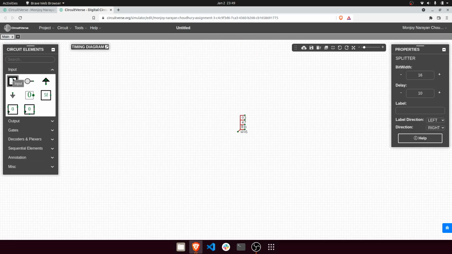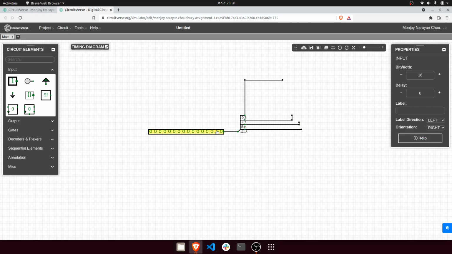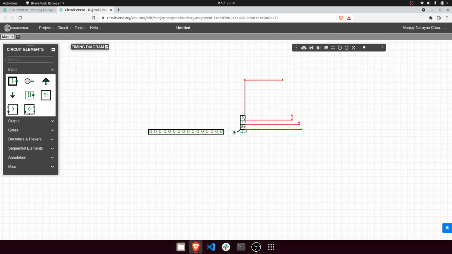If you try to connect a 1 bit input, this won't work. So here you take bit width and make it 16. Now it will work. Here it is split: 0 to 3 are different lines, this is a different line, this is a different line, this is a different line. If you're not comfortable with splitter yet, use separate 4 bit inputs. But sooner or later, you will learn how to use a splitter. So go through the documentation more. You will soon understand and find it easy to use.